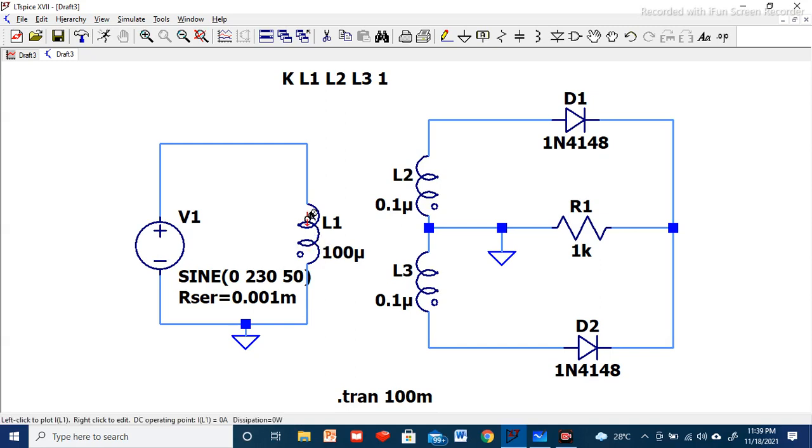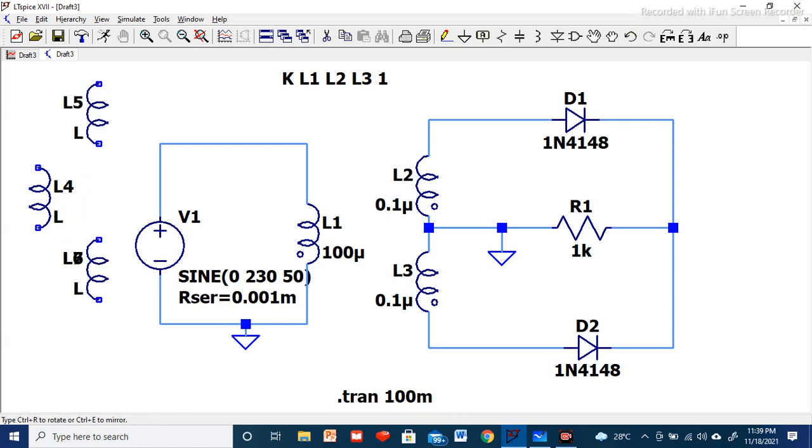Now the second one is the inductor. So we'll select from here inductor like this and we'll place it. Right now it is showing as L4 because already I have selected 3 inductors, L1, L2 and L3. Now for placing the other two, when you have selected this inductor, that moment itself you press Ctrl E. So it will be a mirror image of L4. So you can place like this, L5 and L6. Then press escape. So these two, L5 and L6, are now mirror image of L4.